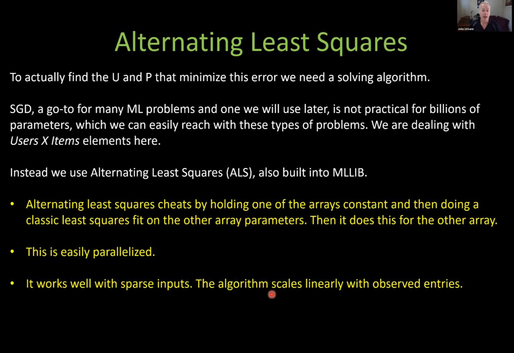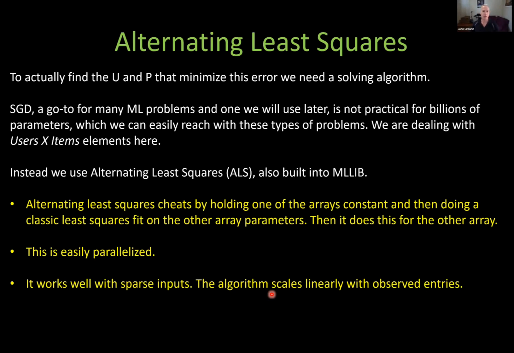Okay, the actual method we're going to use to get our U and P matrices to approximate our R matrix, though, is going to be alternating least squares. So far, I've avoided that discussion. You might have said, okay, how do you get these U and P matrices to even work? Well, given R, that's our data set. We're reading it off disk. It's a bunch of data points. And I've said we're going to get these U and P matrices that we're going to be able to squeeze down with that K. But how do we even do that, though? How do we come up with an approximation?